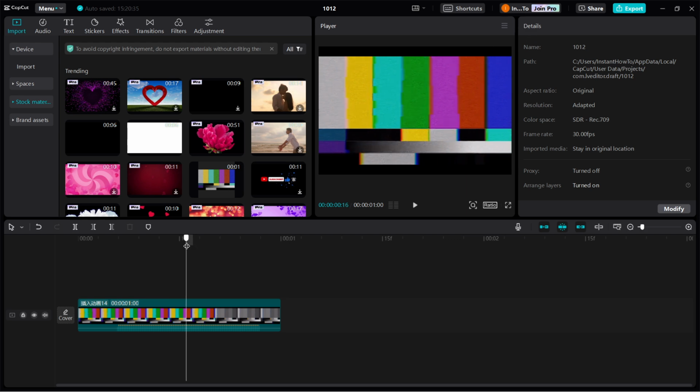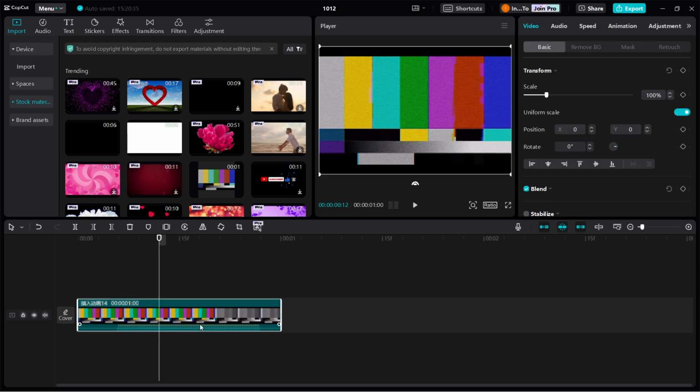Now, in case you do have CapCut Pro and you have this feature enabled and you would like to disable it, it's quite easy. Just click on the video clip inside your timeline or sequence where you have your auto reframe enabled. Now you'll see the auto reframe depending on your video, and then you want to click on that clip as I said, and then over here in this menu you want to click on video and then basic,